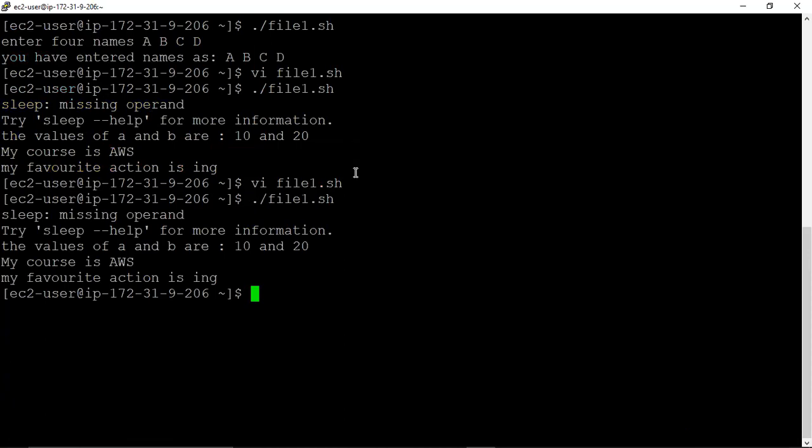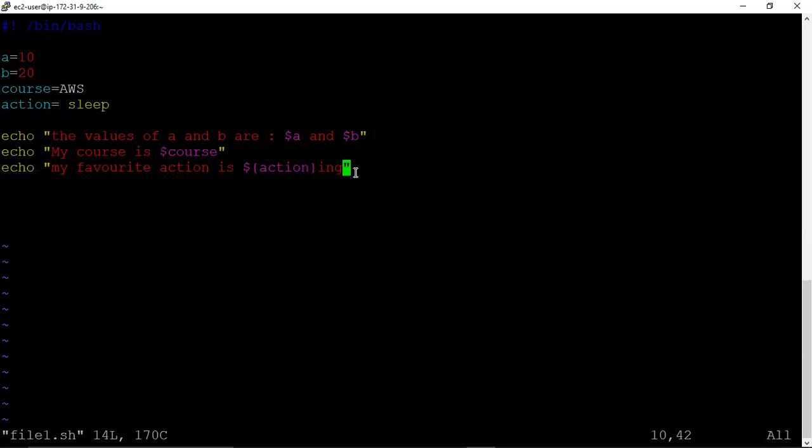Again there is an error, friends. The values of A and B are 10, 20, it is showing. My course is AWS. My favorite action is, and it is not showing sleeping. A student says: remove the space between equal to and sleep.